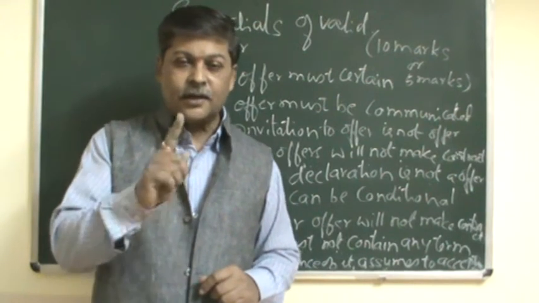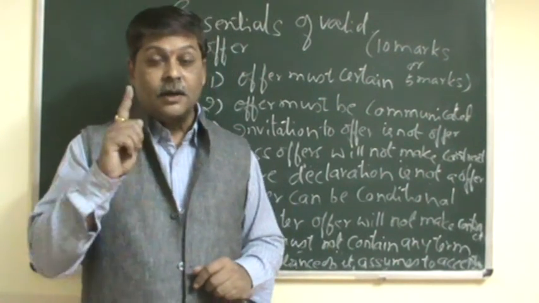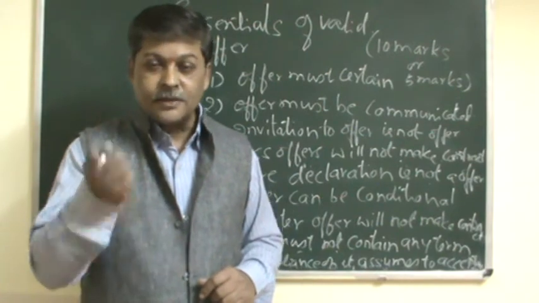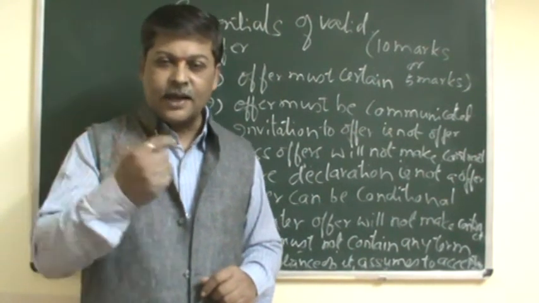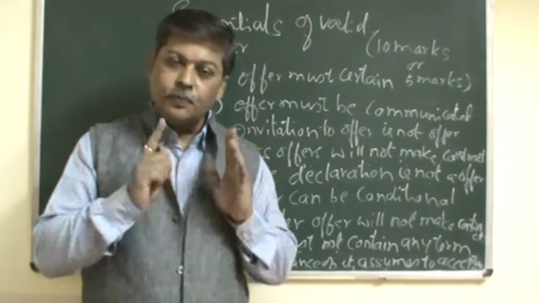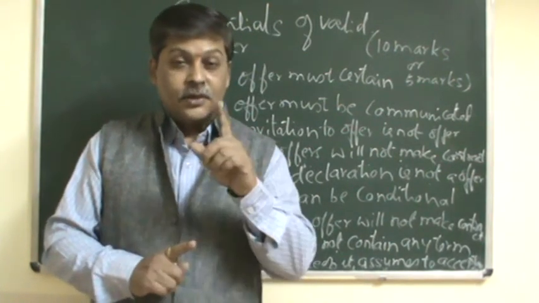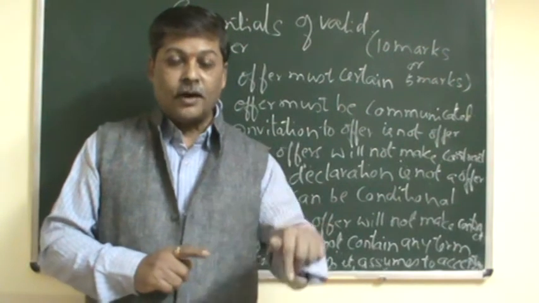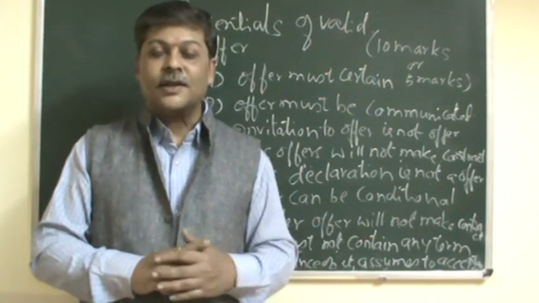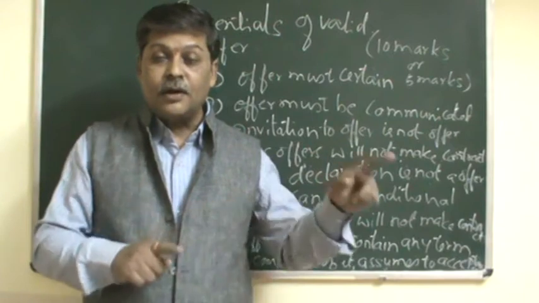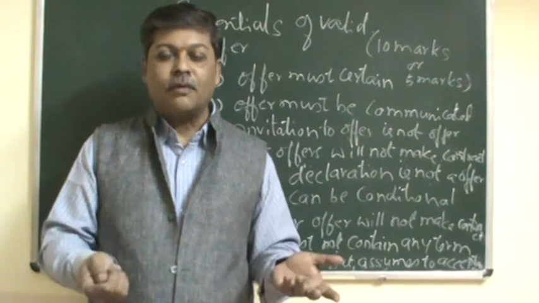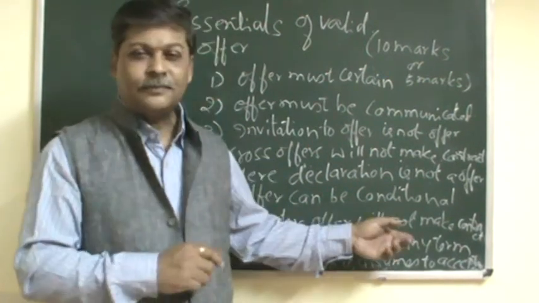The original offer has stated the watch cost will be 1,000 rupees. But the offeree Q has made a modification and said that he is ready to purchase the watch, but not for 1,000 rupees, only for 800 rupees. So this becomes a counter offer. For an offer there is another offer, we call it a counter offer. The counter offer will not lead to a valid offer, nor will there be a contract.